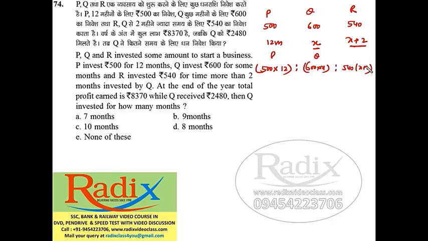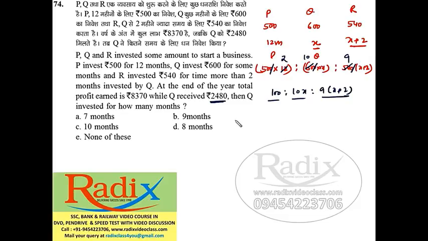Now before solving it further, we'll cancel common terms. Now see, the zeros cancel. Now these are multiples of 6: 6 twos, 6 tens, and 6 nines. So finally now we can't cancel anything further. So this is 100 is to 10x is to 9 times (x plus 2). This is the total ratio of P, Q, R, and it is given that Q received 2480.